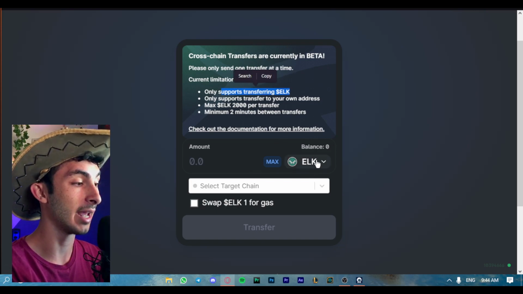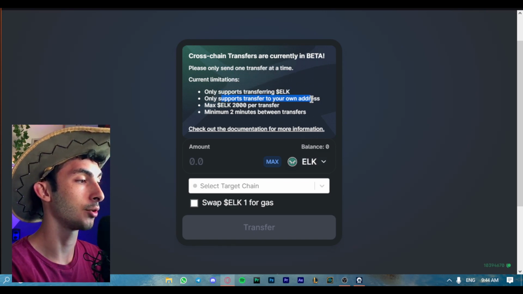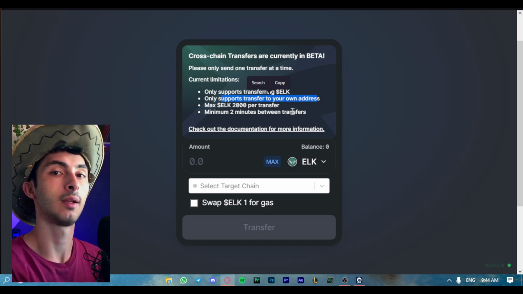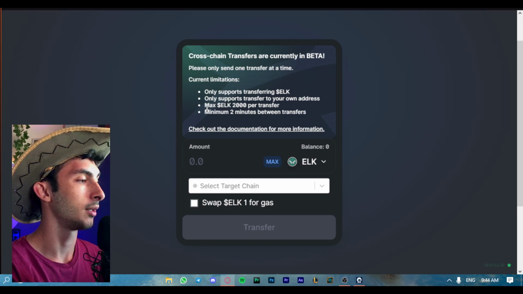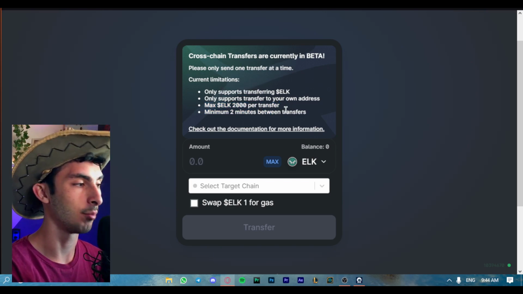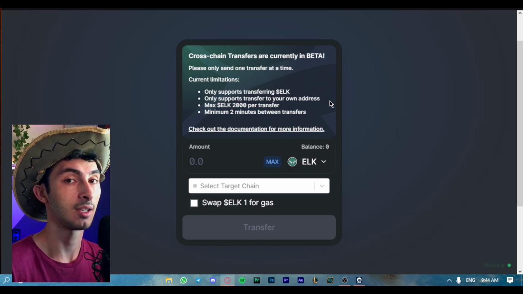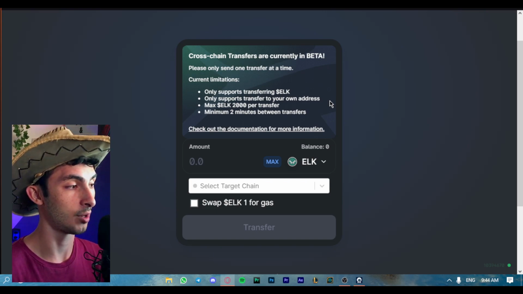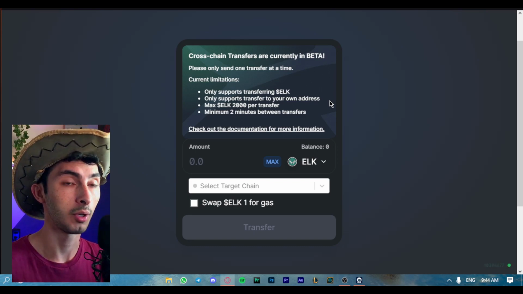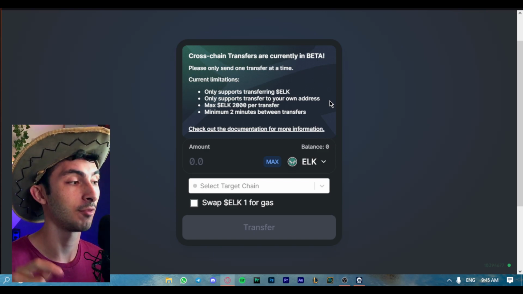So that's why you need elk in your MetaMask wallet. It only supports transfer to your own address, so from your MetaMask to your MetaMask, between networks. There's a max of 2000 elk per transfer. And if you have more than that, you need to wait 2 minutes between transfers. So it means that if you have more than 2000 elk to transfer, you're gonna have to pay more gas fees, but it's still only one way. So I'm pretty sure this is still way cheaper than bridging it to Matic and then bridging from Matic to